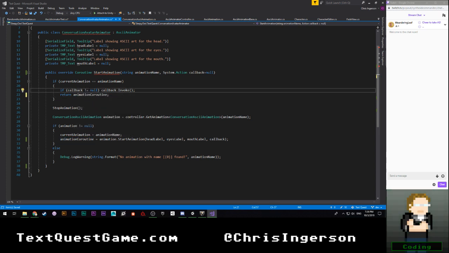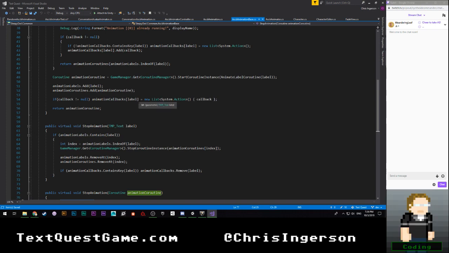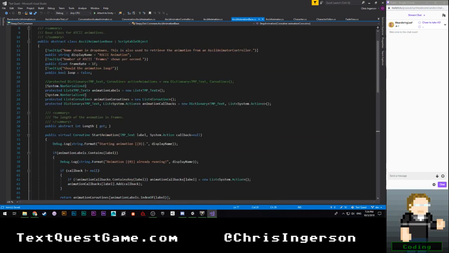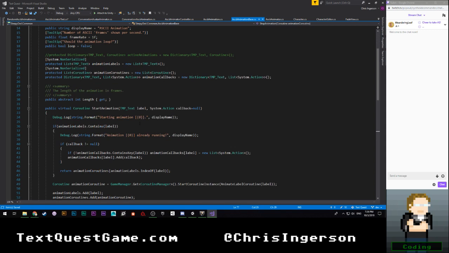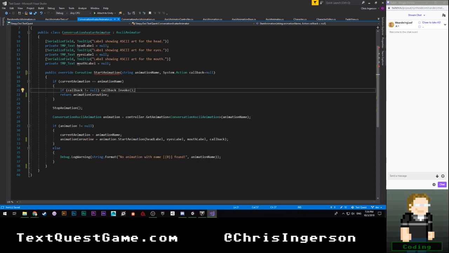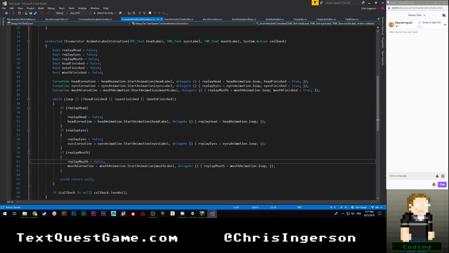This is where it gets a little weird. We don't want to actually invoke, we don't want to add that callback, or we don't want to invoke that callback right away. Probably I need to add. Oh man. I'm not sure what to do here. We do have that problem too, don't we?